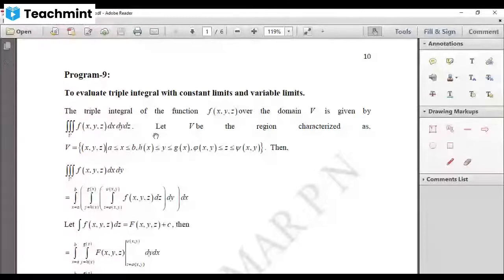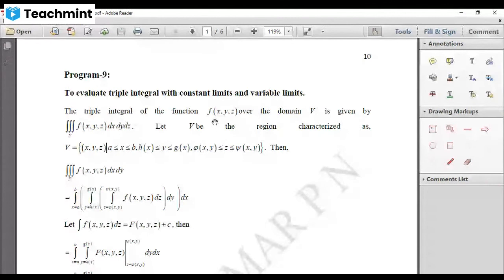In today's class, we're going to learn how to write a Maxima program to evaluate a triple integral with constant or variable limits. In the earlier sessions, we have learned how to write a Maxima program for a double integral. Similarly, consider a function